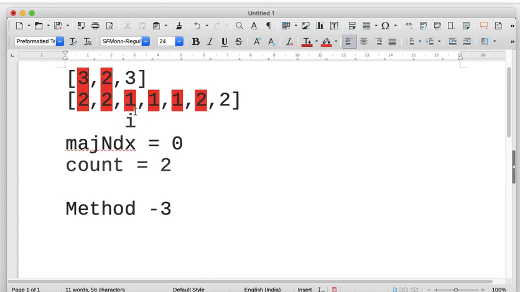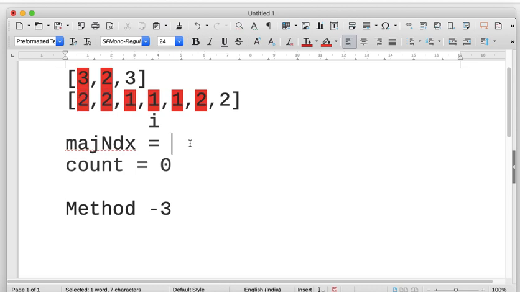to this. Now I'll see if it is the same. If it is not the same, I'll decrement the count by 1. Next I goes here. This is also not the same as the majority index, right? So again I'll decrement this count to 0. When I brought this count to 0, what it signifies is that for the element we assumed as majority, I got two other elements. So that made it 0. So until this ith element, whatever I have cannot be a majority candidate at all.